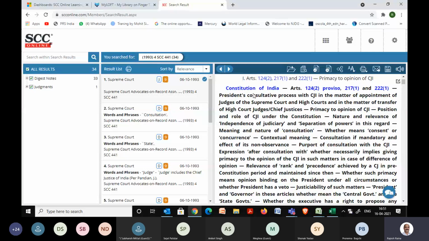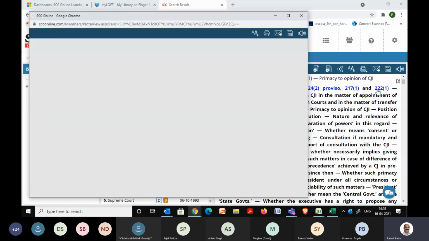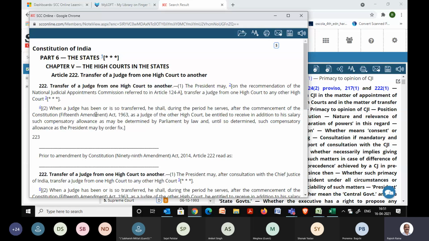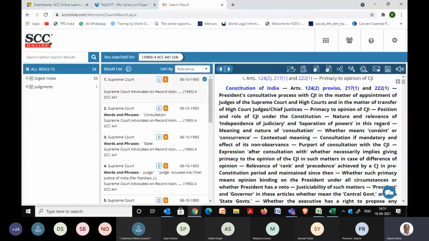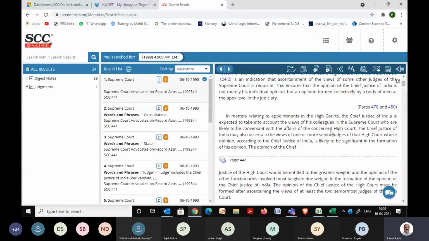And you can see that it's mentioned here, Constitution of India, Articles 124, 217 to 221. If I want to read a particular article, I can click on this, it's hyperlinked, and I'll be able to read the article of the Constitution of India. I close it and I'm back to the judgment. And you can see the summarization is continuing.